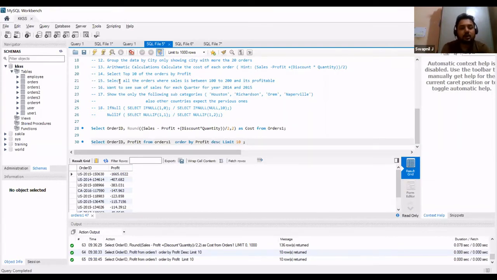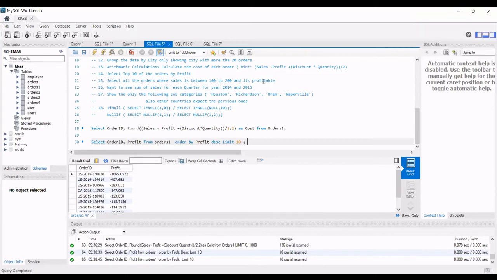Okay, now let's move to the next one. Select all the orders where the sales is between 100 and 200, and it's profitable. Basically, I want those orders whose sales is between 100 and 200 but have a positive profit.